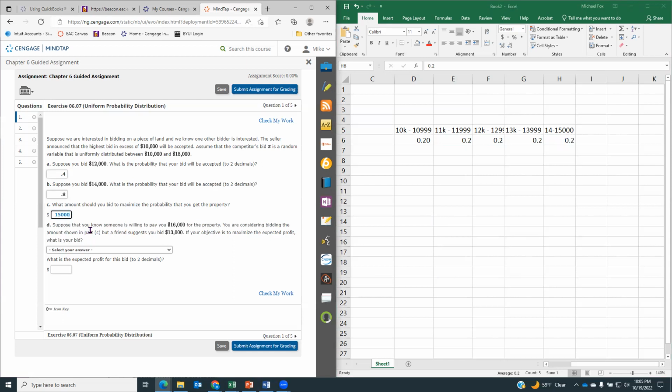So part D says, suppose you know someone is willing to pay you $16,000 for the property. You are considering bidding the amount shown in part C, but a friend suggests you bid $13,000. If your objective is to maximize expected profit, what is your bid? So expected profit,